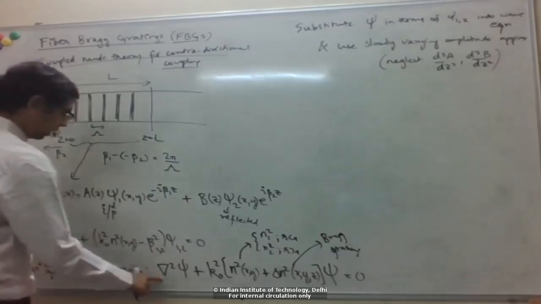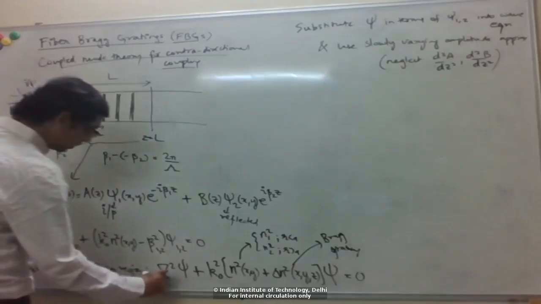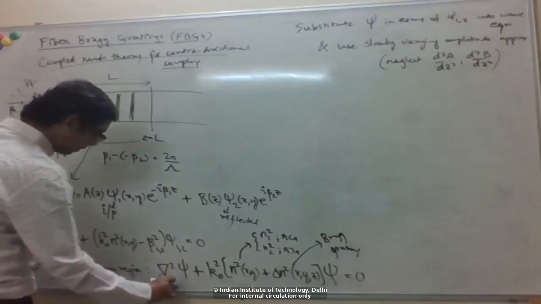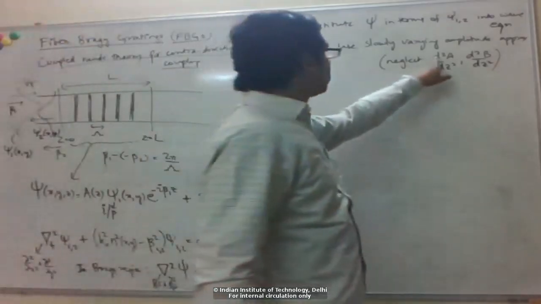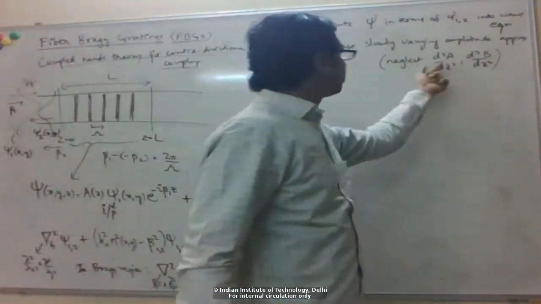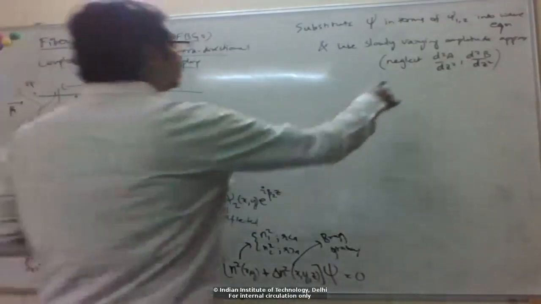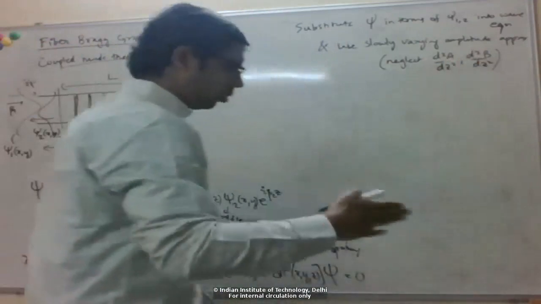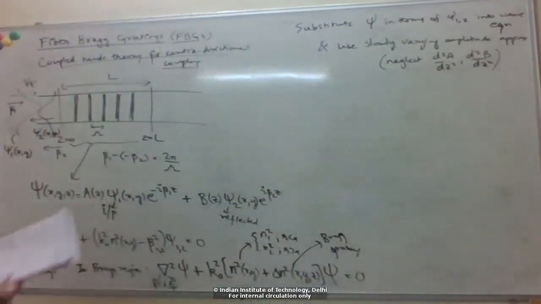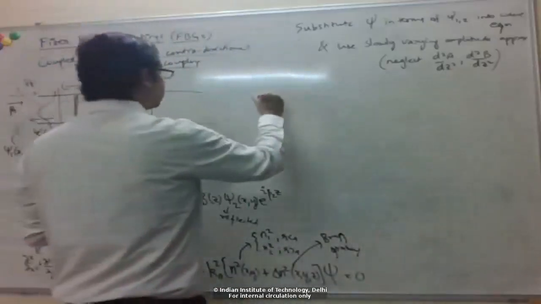Right, so this is the total del square, so it will have a transverse component plus the z component, right? So the z component, we'll have terms like this, which we neglect. We only keep the first order terms, right? Again, we recall our discussion when we were discussing the directional coupler. So same thing here, we say that the amplitudes are not varying too much over a wavelength scale, so we neglect the second derivative terms. So then we are left with